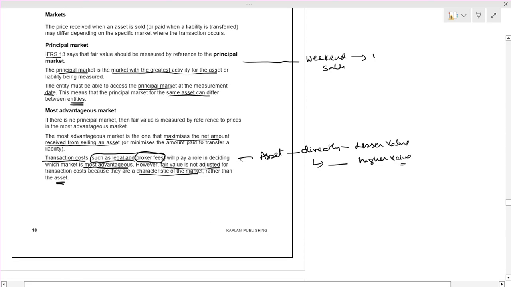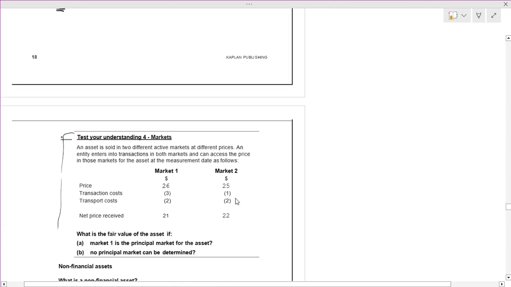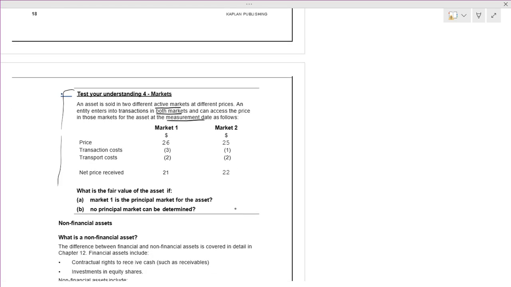Fine. Now, if an asset is sold in two different active markets, an entity enters into transactions in both markets and assesses the price in those markets on the measurement date. In one case, market 1 is the principal market. In the second case, no principal market can be determined. If market 1 is the principal market,